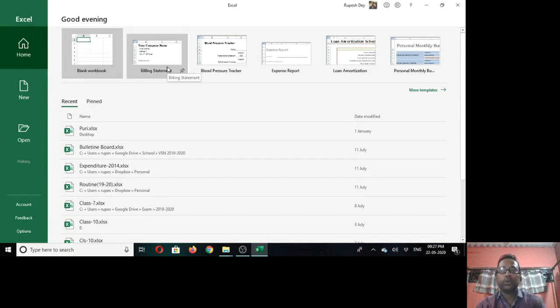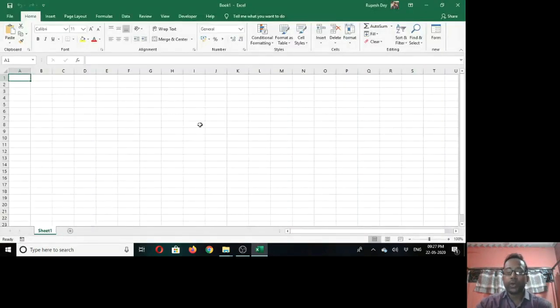Now what is a workbook? A workbook is a spreadsheet file created in MS Excel which consists of one or more worksheets. A workbook is used to keep related data in different sheets. In Excel, a workbook file has the extension .xlsx. So let me click on this workbook. This is the Excel worksheet window which consists of many different parts. They are called components of this window. One by one we will learn all these parts.